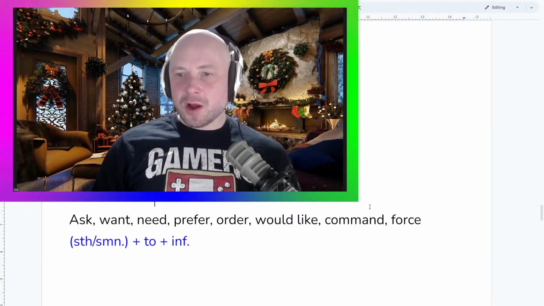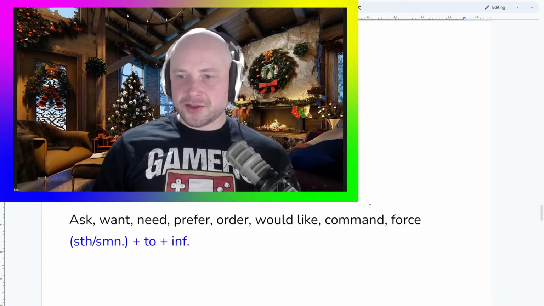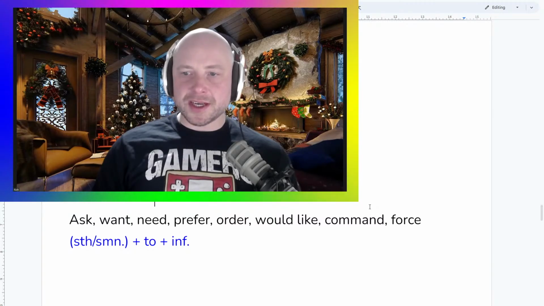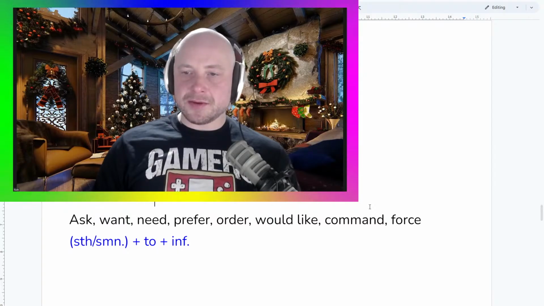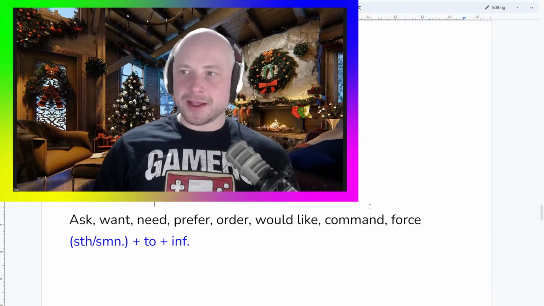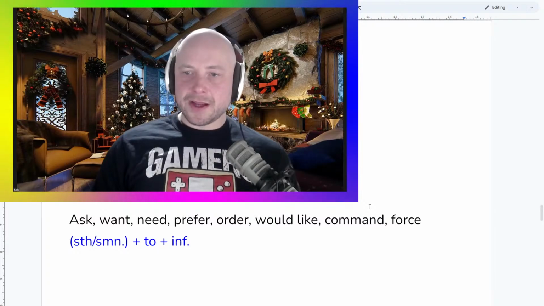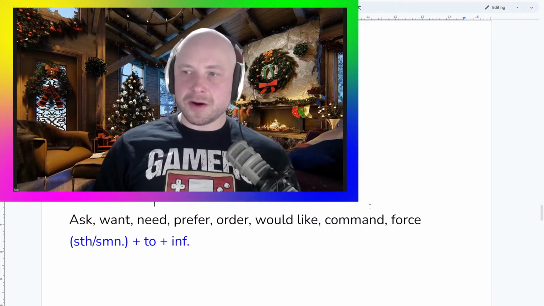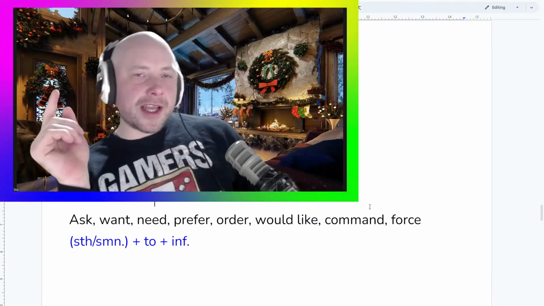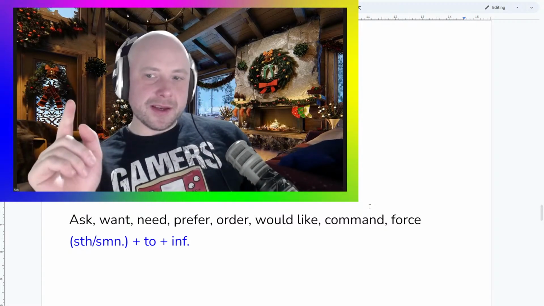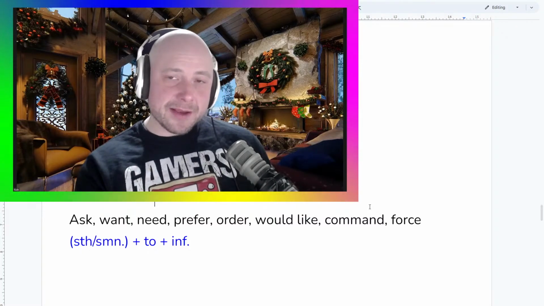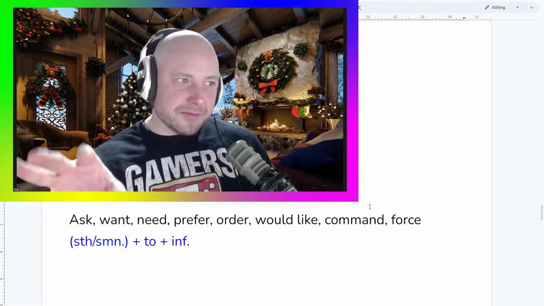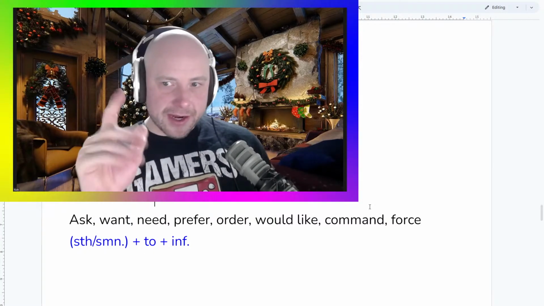Danny says, actually, the word want takes the infinitive to, but there is a structure available, don't want object gerund. For instance, I don't want no one seeing me like this. I don't want anyone seeing me like this. That's very interesting, Danny. I want someone. Yeah, it's just in the negative, isn't it? I don't want anyone seeing me like this. By the way, I don't like the no one there, where you said I don't want no one seeing me. That's very colloquial. Anyone is the correct form there.